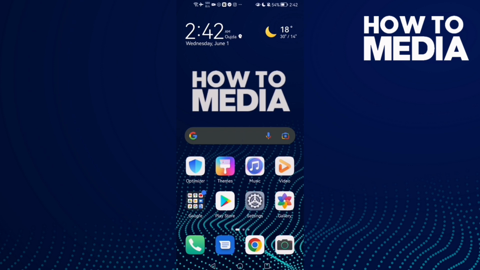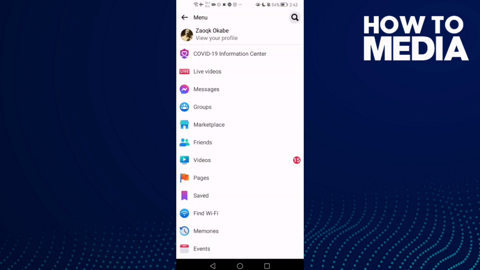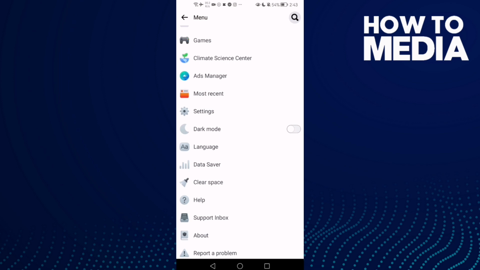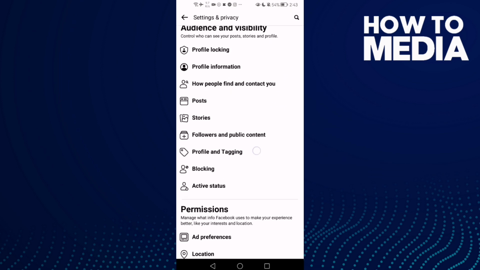First thing, go to Facebook Lite. Here you will find these three lines in the top corner. Click on it and go down until you find settings, and then click profile and tagging,